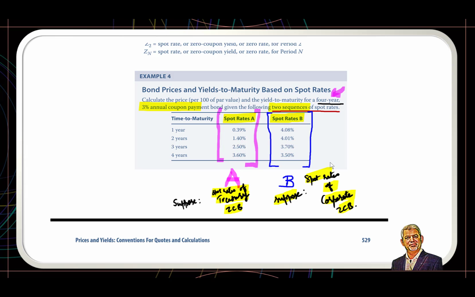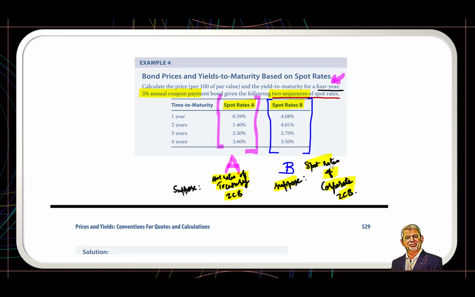Because spot rates are essentially YTMs of zero coupon bonds for a particular maturity. We know that, right? And zero coupon bonds can be issued by federal agencies like the Treasury or financial institutions or municipal or maybe even corporate bodies. So maybe there are many sources of spot rates, and when you are trying to search a series of spot rate or sequence of spot rates, and you end up with the two series or two sequences,